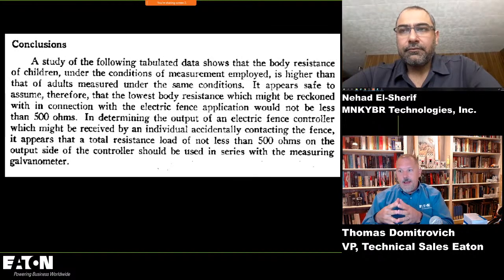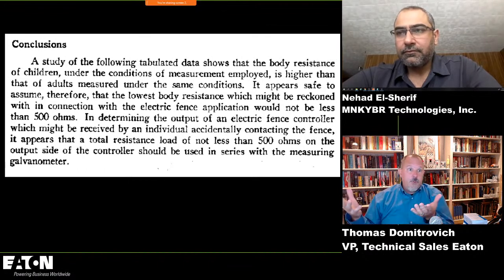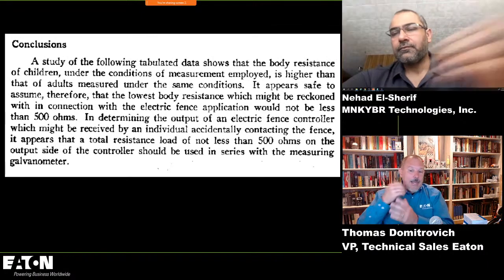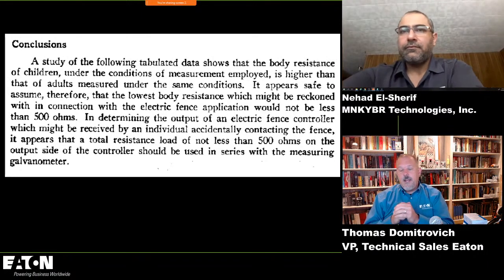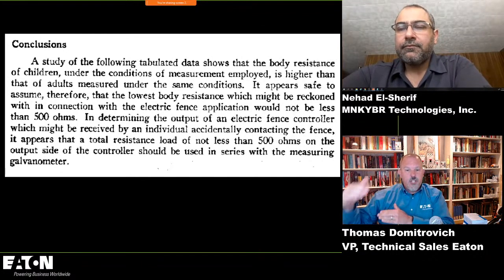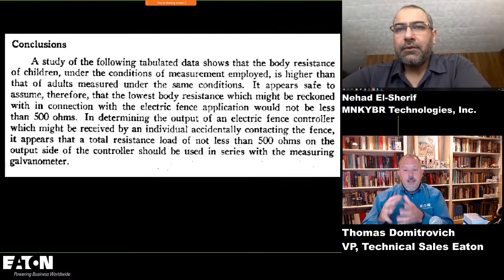Those parallel paths may provide a lower Thevenin equivalent impedance for the body than in a child who has lower mass and fewer paths through the body for that current to take. But I can't explain why their results showed that the body resistance of a child was greater than an adult's. But they came up with